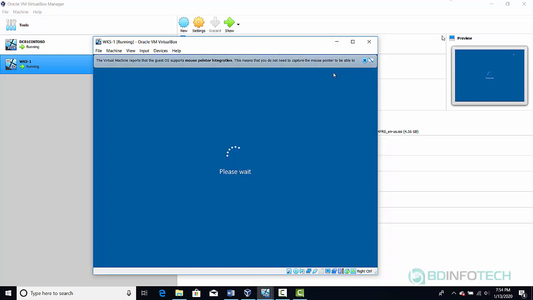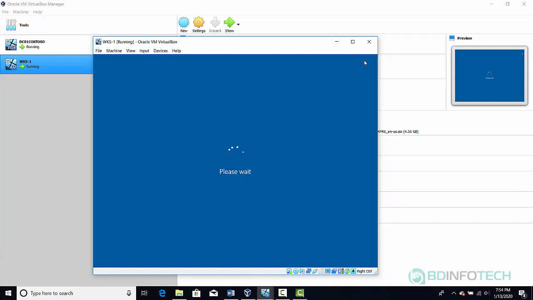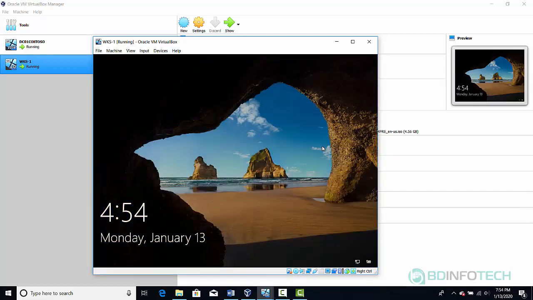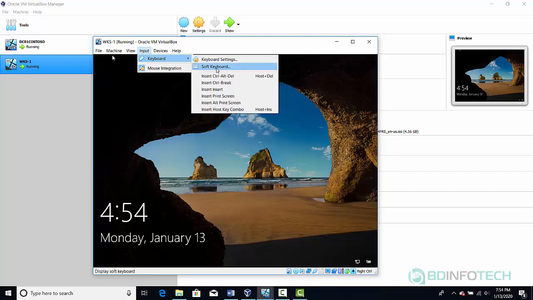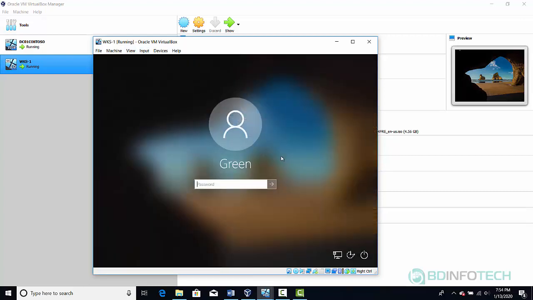So now it restarted. We'll go ahead and use our local admin user ID and password. If you do remember, our local admin username was green, so we'll go ahead and use that one. So it's already there. If not, we'll have to enter that. So green, and the password is whatever we kept for the admin password. So now it's going to log on, and it's going to give us the desktop, and